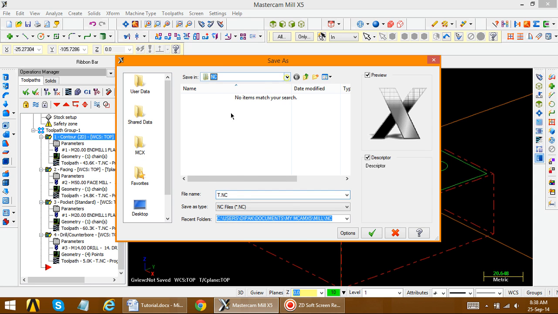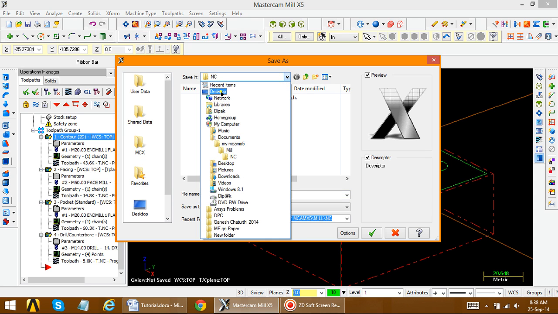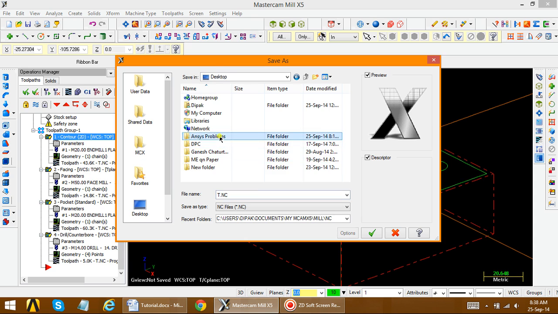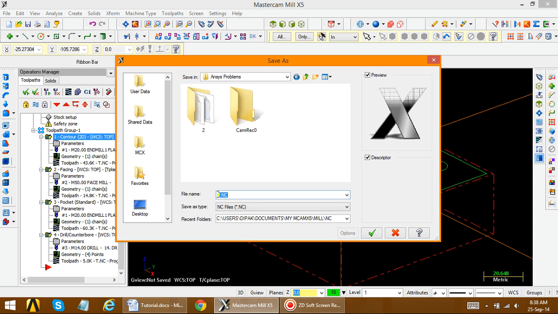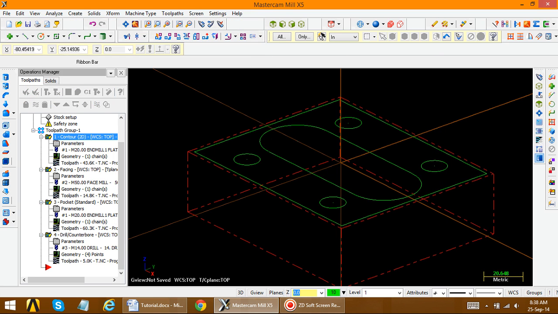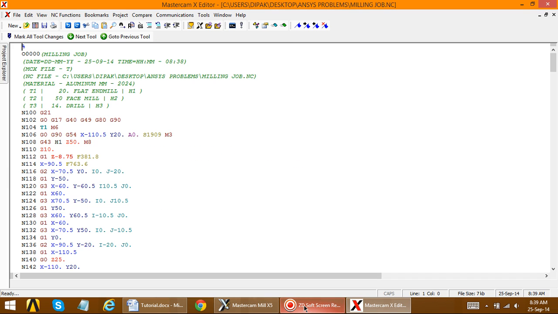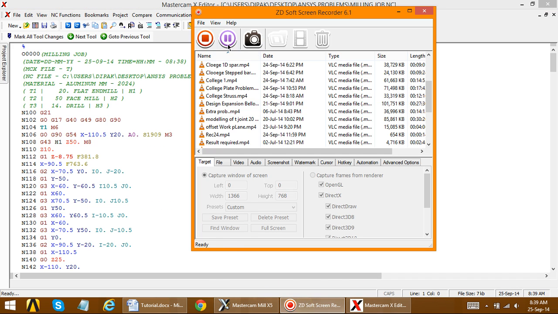Suppose the desktop folder, here I want to save. Suppose you give the file name as milling job. Okay, program is generated this way.